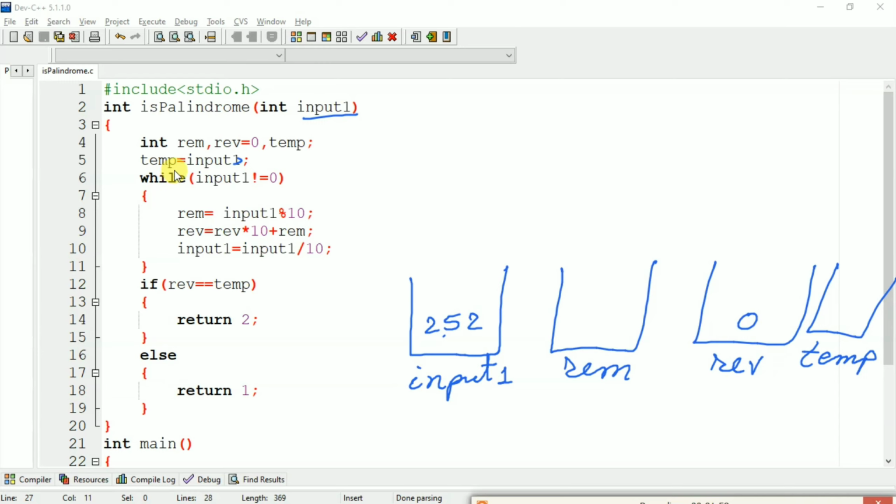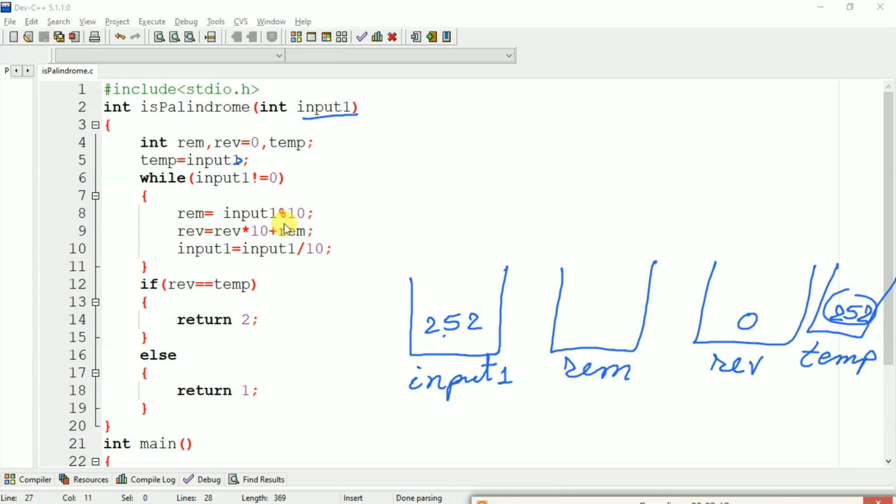Now we have stored input1 to temp. So here input1 equal to 252, and temp equal to 252. While input1 is not equal to 0, here 252 is not equal to 0. So our condition is true. So we will perform these operations.